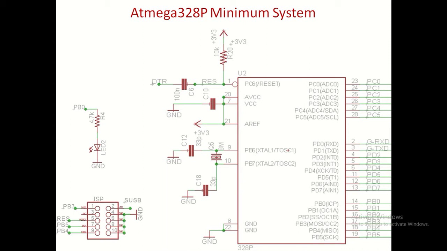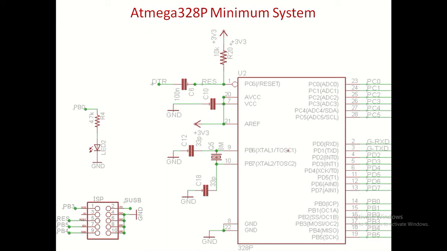As you can see, the right side is the ports, that is port B, port D, port C. These lines, even if you don't connect, still this controller works. So the right side is all about the options. Even if you don't interface, the controller still works. But the left side is the mandatory interfacing. Say pin number 8 and 22 must be ground of this controller, and pin number 7 is the supply.